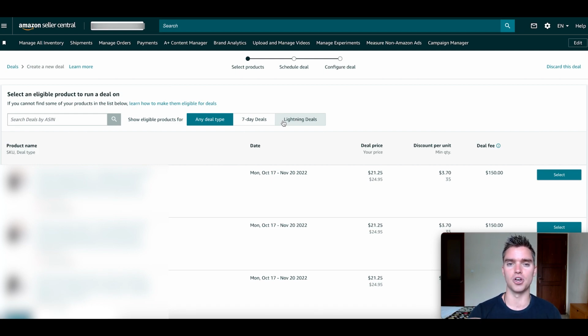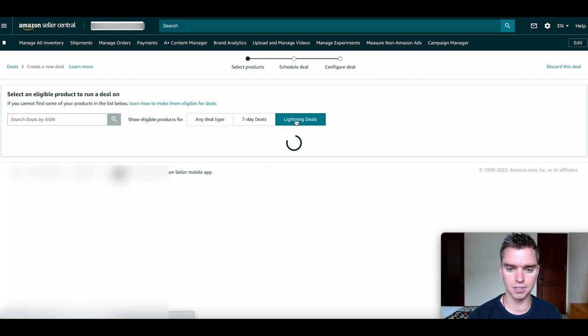While you're running these deals, look at your keyword ranking, profit, revenue, and overall BSR or bestseller rank before, during, and after the period to ultimately see which one is a bigger driver of total profit for your business and cash flow. Okay, so in this case, obviously with the tutorial, we're gonna go ahead and click on lightning deals,